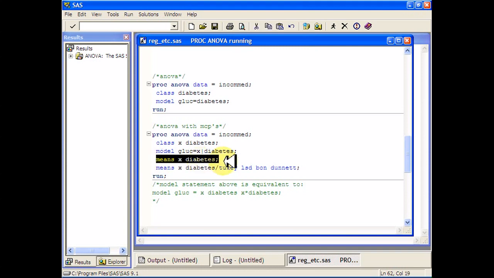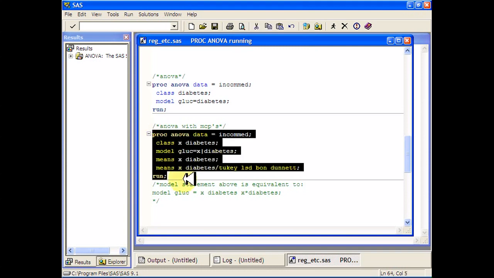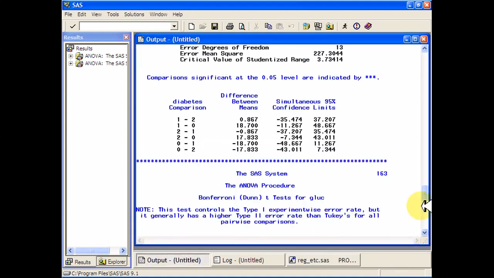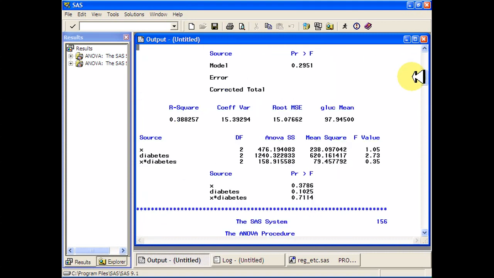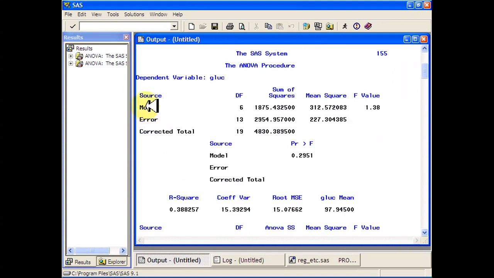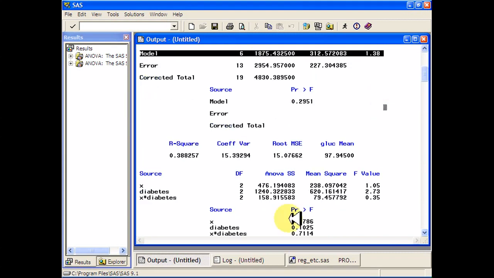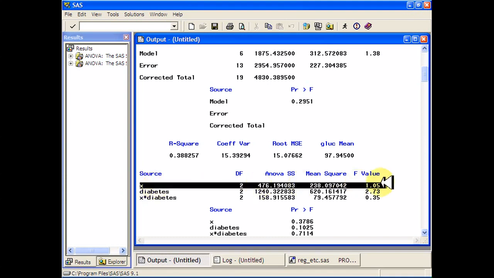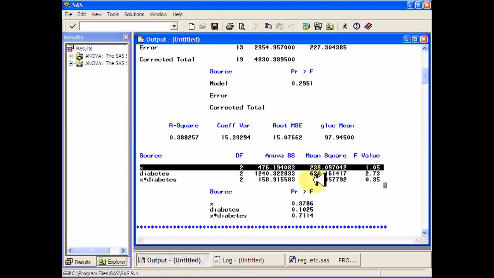Then the mean statement gives me all the different means for x and for diabetes. Let me show you what that looks like before we get any further. So I'm going in here, back up here. First I give this ANOVA table, and it just gives you the entire sums of squares for the entire model up here. But if you want to see which of the variables were significant, come down to the sources, and it'll give you your basic ANOVA